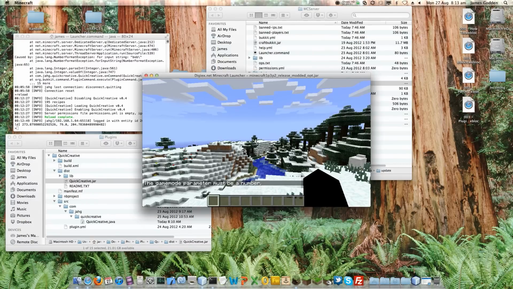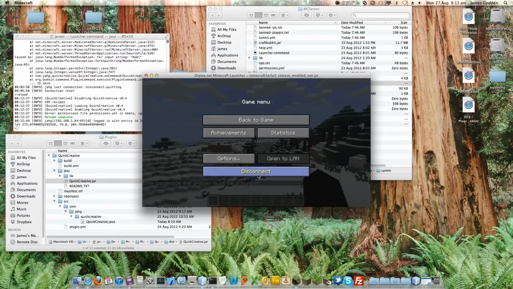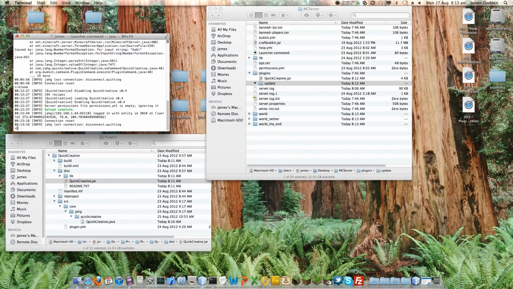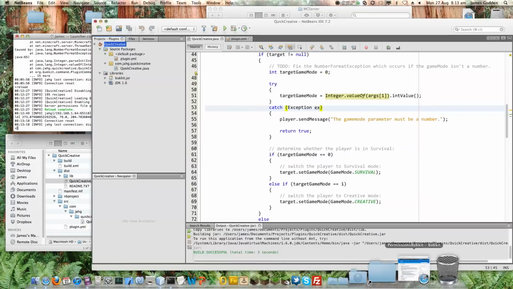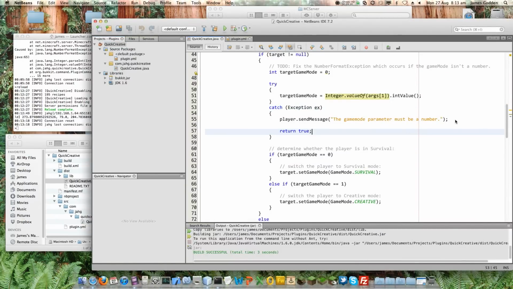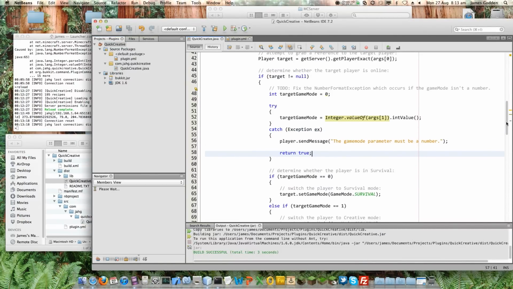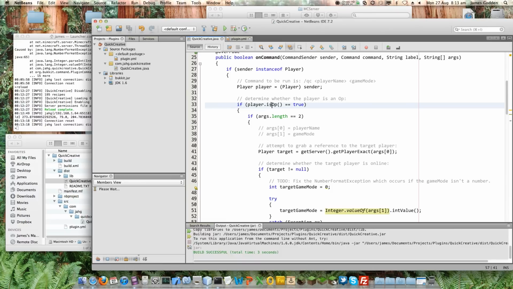So far, so good. Now the next thing I want to do with this is I want to improve this plugin immensely in a very specific direction. At the moment what we have is a plugin which can be used by staff members of a server, by the ops. Now that's kind of okay, and this would work in a vast number of existing servers, but what we want is something a bit more modern.